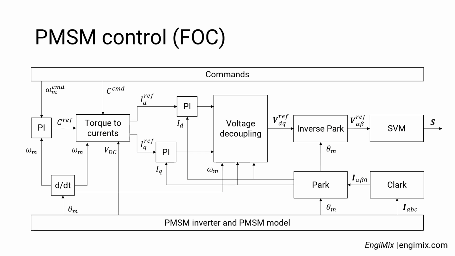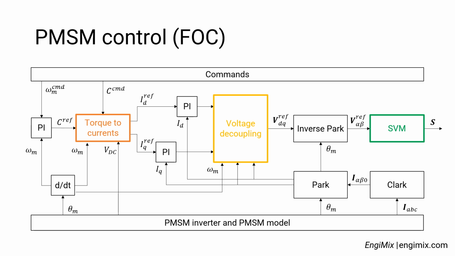The most interesting elements of the FOC technique are the torque-to-currents block, which outputs the reference currents IDQ ref based on the DC voltage of the power source, the actual motor speed and reference torque. The voltage decoupling block, in which the back electromotive force is subtracted from the reference voltages generated by the current loop's PI. The space vector modulation block, which outputs the pulses based on the phase voltages in the alpha-beta reference